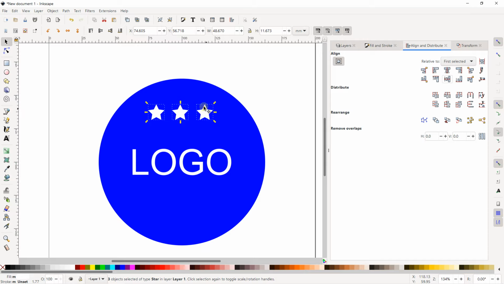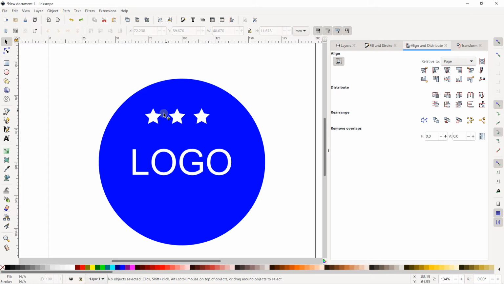The next step, if I want to, I can drag and move a little, if I want to center this perfectly here. If you just go relative to page, and you activate center on vertical axis, just like this, it's not good because you didn't have any group. So now let's do the same thing. Select the 3 stars.